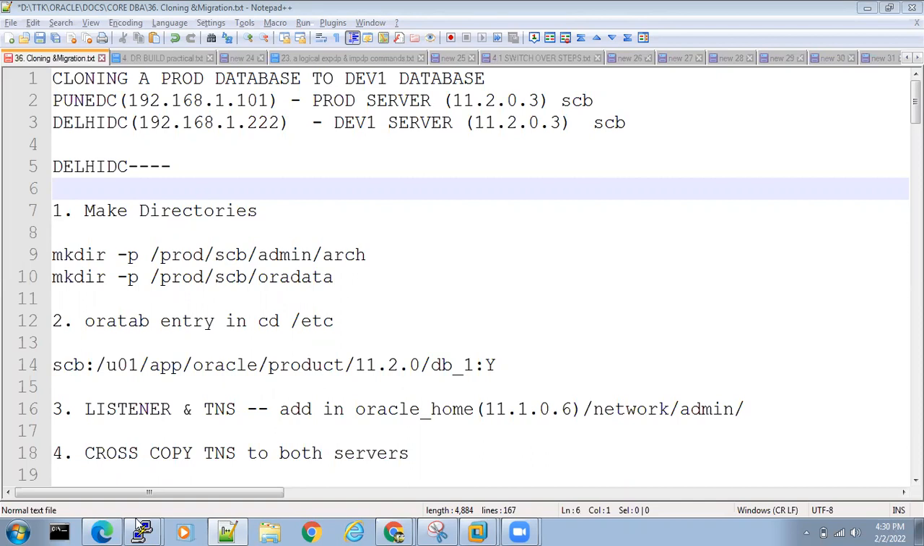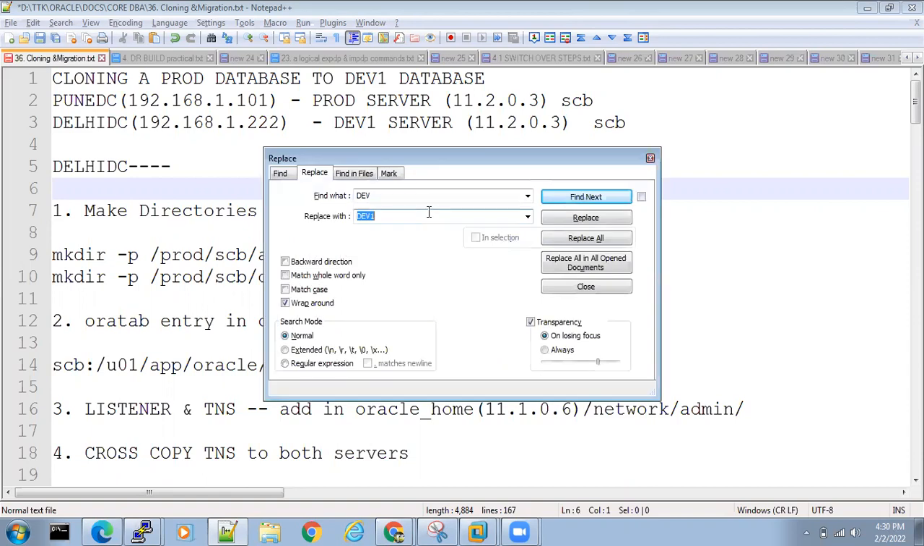Okay, so what we need to do here, what do we need to do here? Dev 1. Okay,